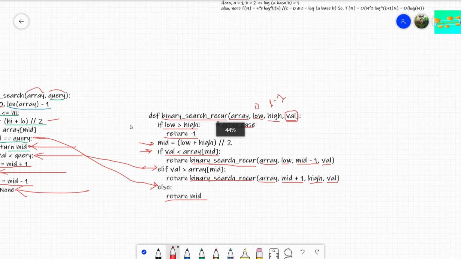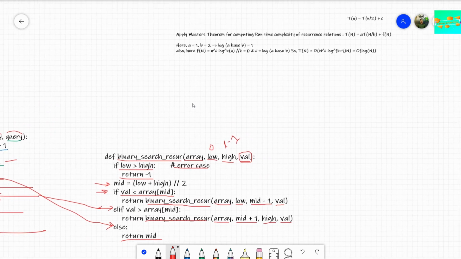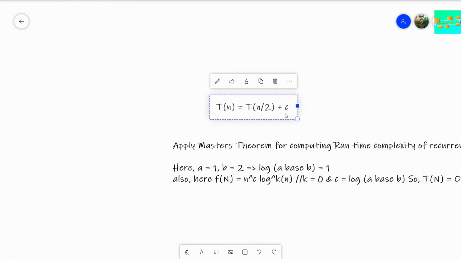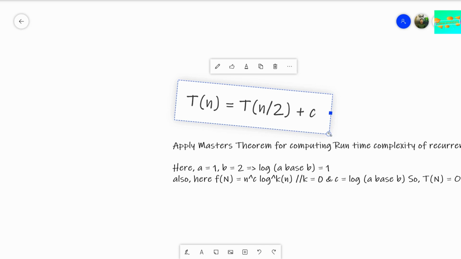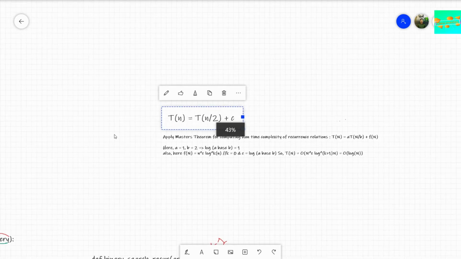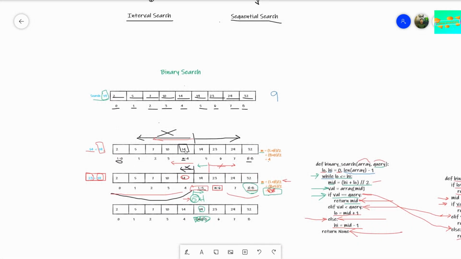After going through this binary search recursive function, we should look at its time complexity. The time complexity for binary search is T of n, that is basically T of n is equal to T of n by 2 plus c. This c is the constant time for running these steps. Why are we taking T of n equals T of n by 2 plus c? It's because if we just look at this,